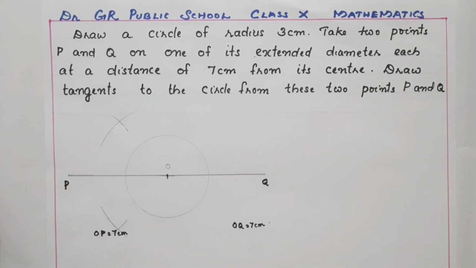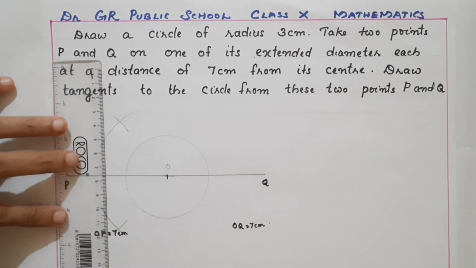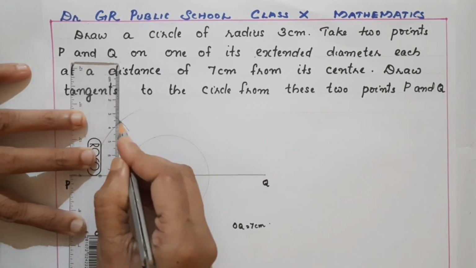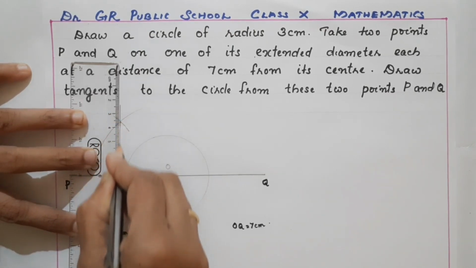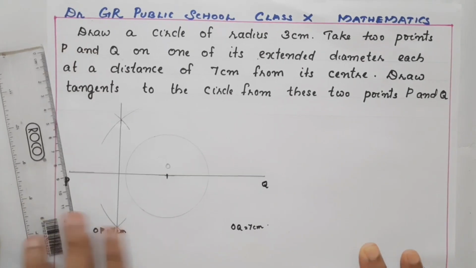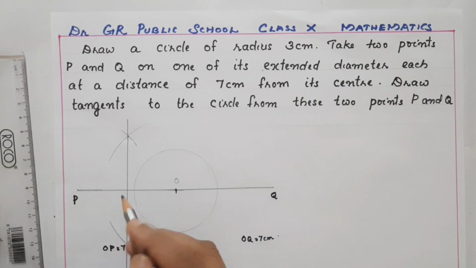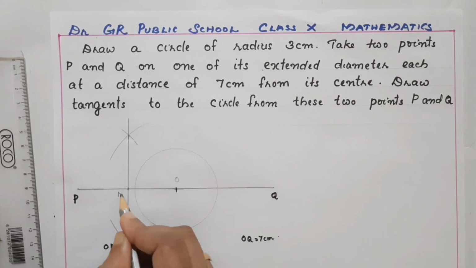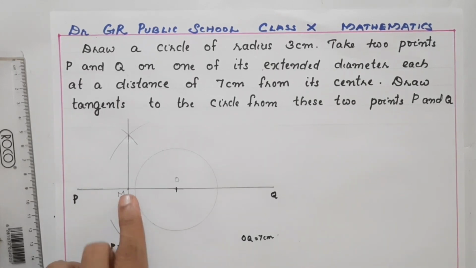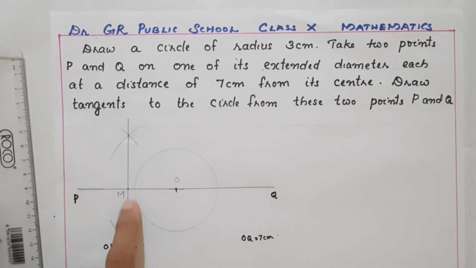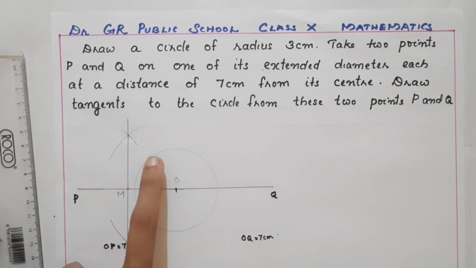Okay. Now we can join. When we join these two, we got the perpendicular bisector. Okay, now this is the midpoint. We can name it as M. Now with M as center and OM or PM as radius, we have to draw the circle to get the